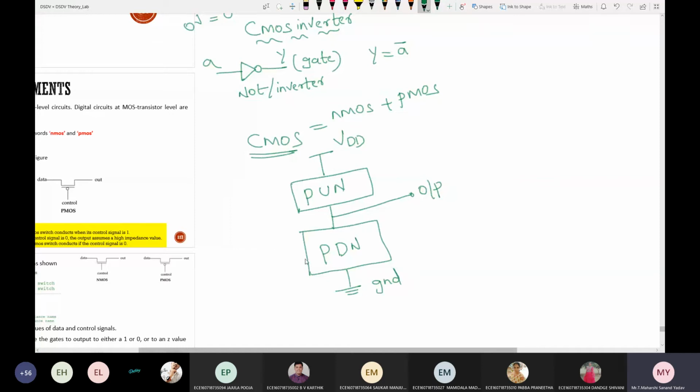It always contains a pull down network and a pull up network. The pull down network always contains NMOS, and the pull up network always contains PMOS. As I've already told you, for PMOS the source should be connected to VDD. So here it will be source, this is gate, this is drain.